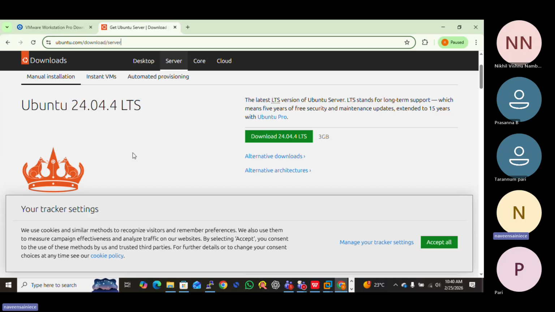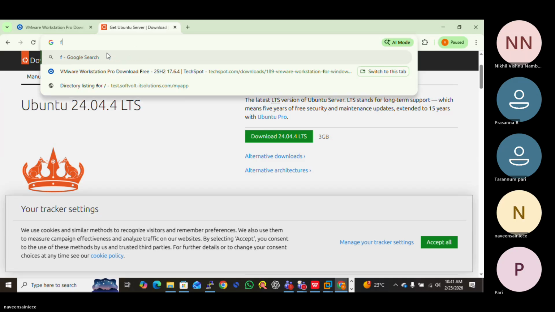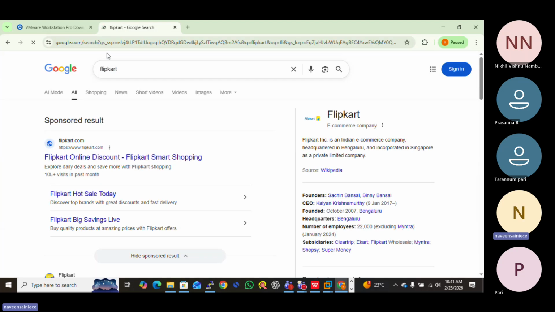Dynamic means, there are two types of application in the world. First is static application, another is dynamic application. Like an e-commerce platform, if you open,